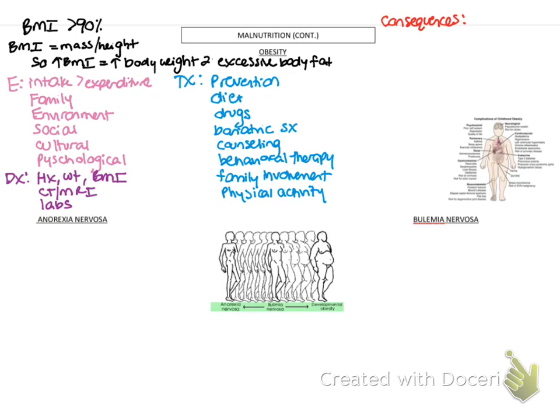All right, so what are the consequences? Well, who wants to look in the mirror and not like what they see, right? So obviously, especially with adolescents, which we're going to talk about at the next test, their body image is very important to them. And so if they have a poor body image, it can affect other things, cause depression, cause low self-esteem. And it can cause them to be socially isolated or even bullied.